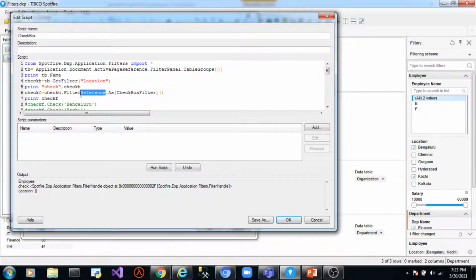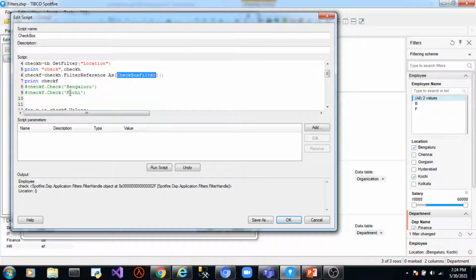Now with this check h we use the property filter reference to get the actual filter. Now with this actual filter we use this method as, to which we pass the filter type class, and this statement parses this filter into a checkbox filter type object.